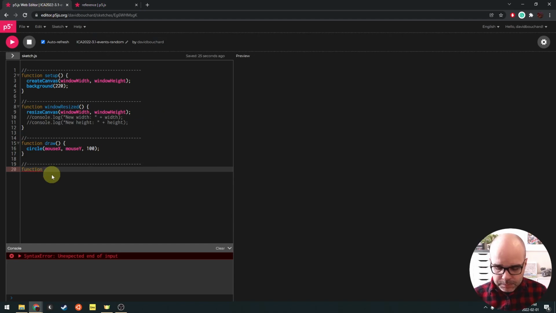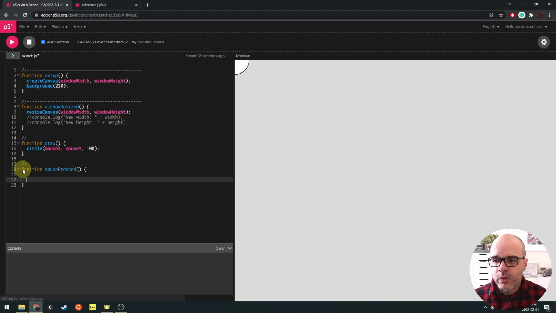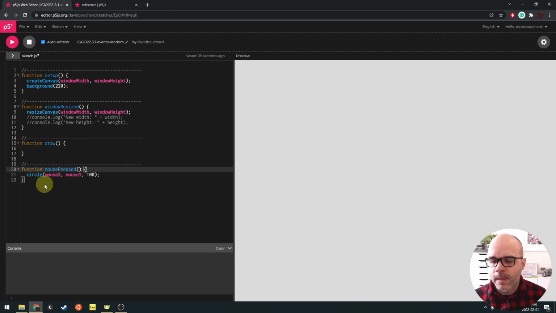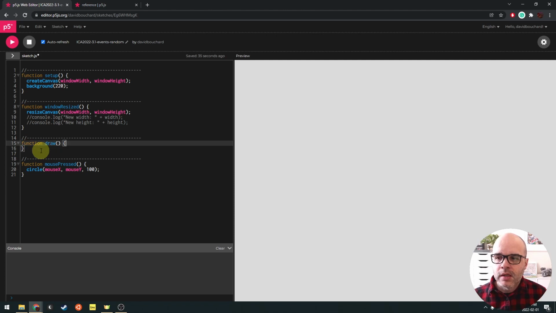So let's do that. We're going to say mousePressed. Okay. So notice I'm following the same pattern for the syntax as the other functions, the other code sections. And we are going to move this circle into mousePressed. So I'm deleting it from draw. And now draw is empty. And now I have this circle in mousePressed. Okay. So if I don't do anything, this program just doesn't do anything. But if I click my mouse,